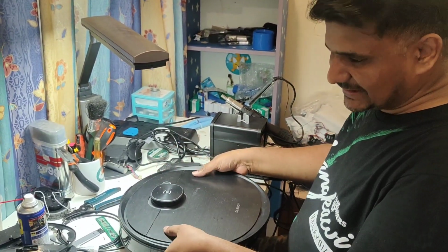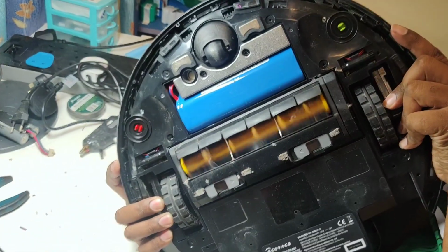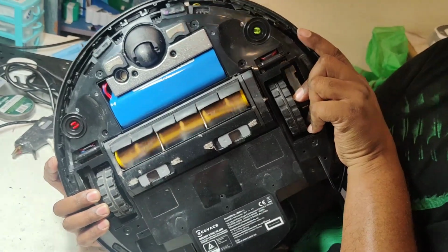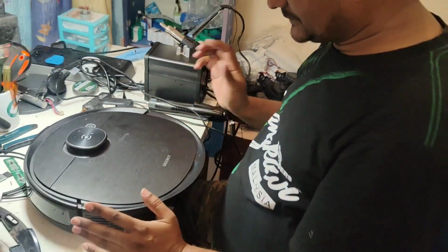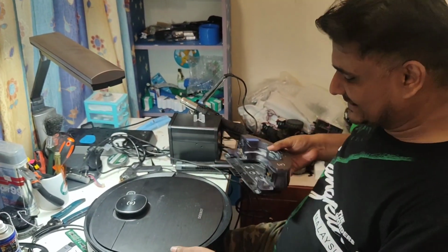Okay, side brushes are turning, and I will show you here now. The main brush also is turning. Side brush is turning, main brush is turning, everything is turning. Okay. So now I'm going to test, because the Ozmo connector wire I showed you was broken. So I will show you whether that one is working or not, because the customer didn't mention that issue. But I see that